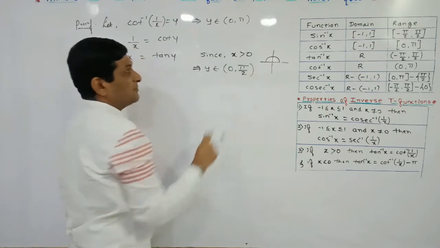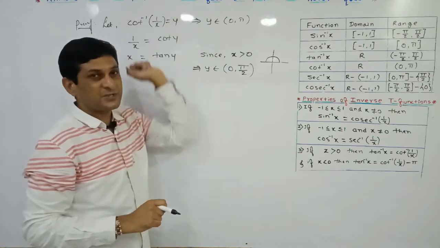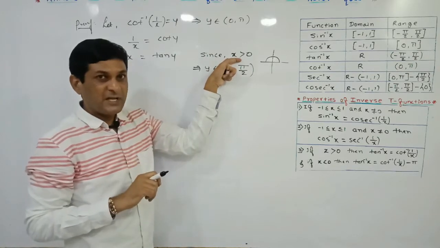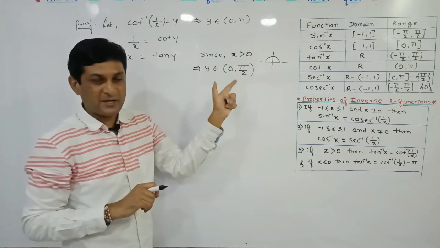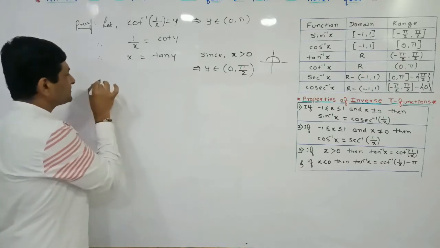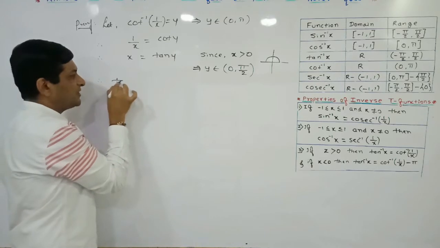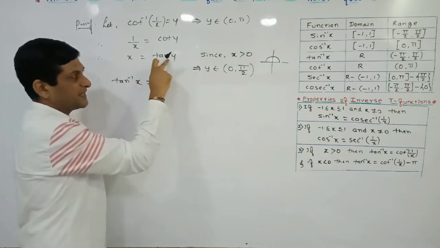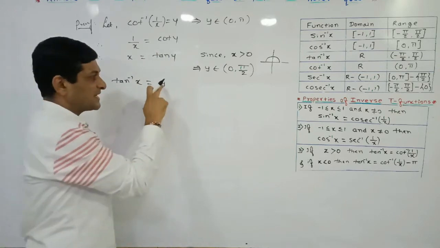Here this condition is satisfied for this inverse trigonometric function, but x is given to us as positive. That's why we can say that the value of y lies only in the first quadrant, because this condition is satisfied only in the first quadrant. So now, taking tan inverse on both sides, on this side we will get tan inverse of x, and on this side tan inverse and tan will get cancelled according to our property. So on this side the remaining term is